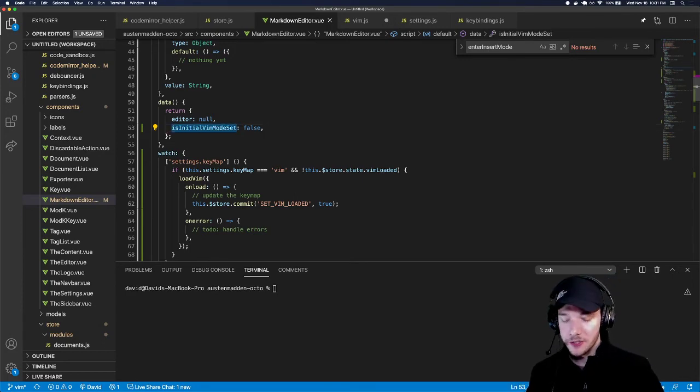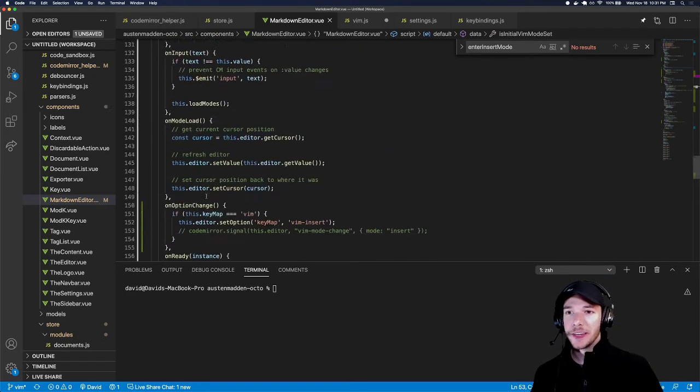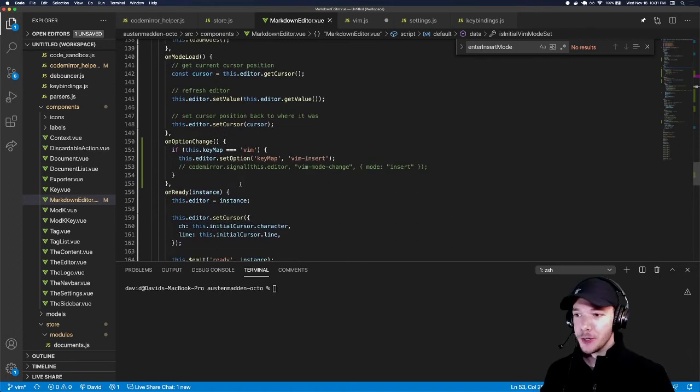So I'll go ahead and update that. Then we can look into figuring out how to get the mode, which, I bet if I use setOption, there's a getOption, right? So